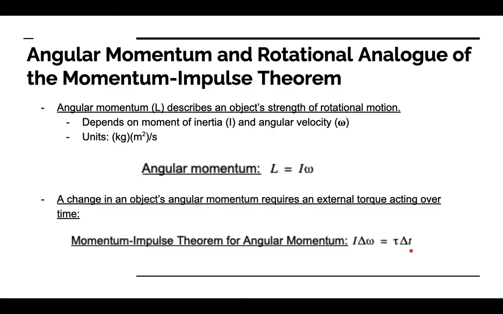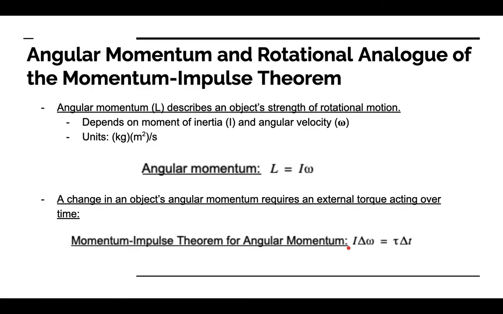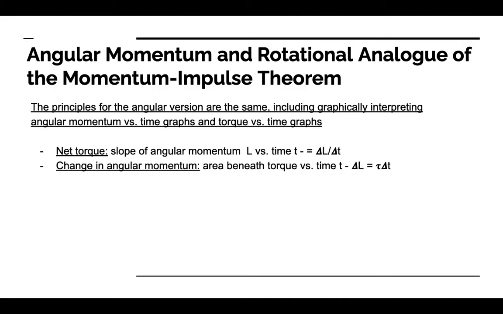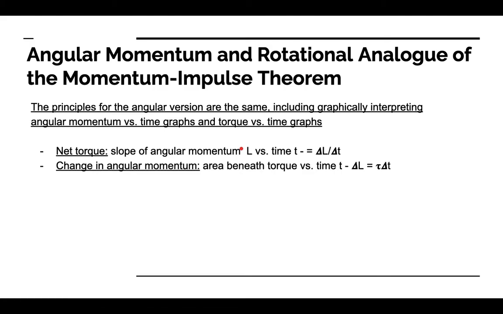torque times time. So again, we can see that this is exactly like the linear momentum case where we had the change in linear momentum, mass times change in velocity, equals a force acting over time, except now we have force replaced with its rotational analog of torque, and we have the change in linear momentum replaced with the rotational analog, change in angular momentum. So the principles for the angular version are the same, as we've seen. Everything that we've seen happening for translational variables is also happening for the angular version of those